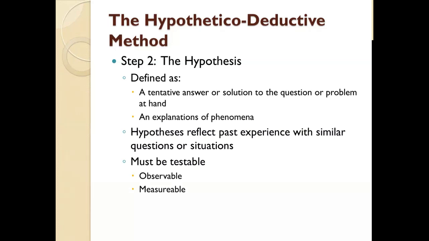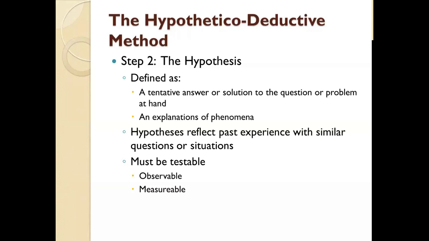This causes this because. Basically, what you are defining is what you're looking for, how you're going to know that the effect happened. Okay, these hypotheses are going to reflect past experience, either your own or someone else's. The only criteria for a good hypothesis is that it be something that is observable. You have to see it, taste it, feel it, touch it, hear it, visualize it in some capacity so you know it occurred, and it must be quantifiable. We have to have a way of measuring its instance.